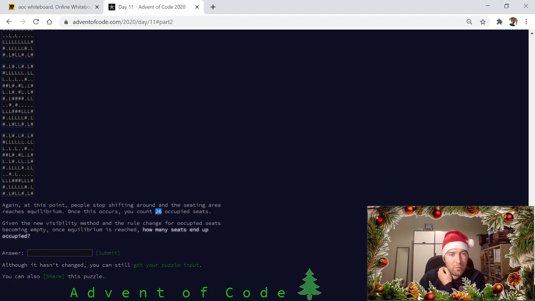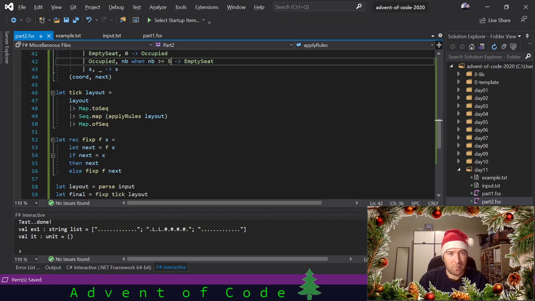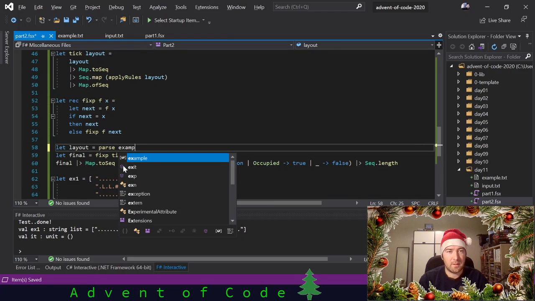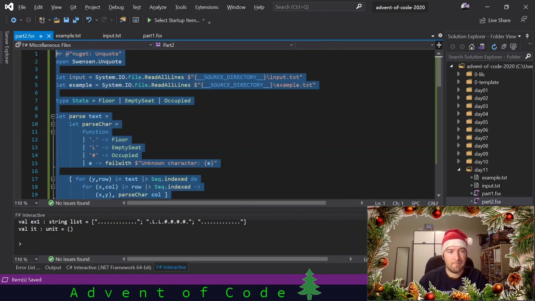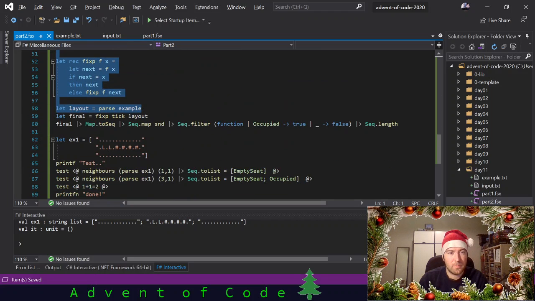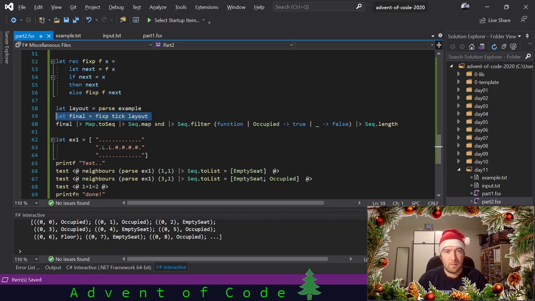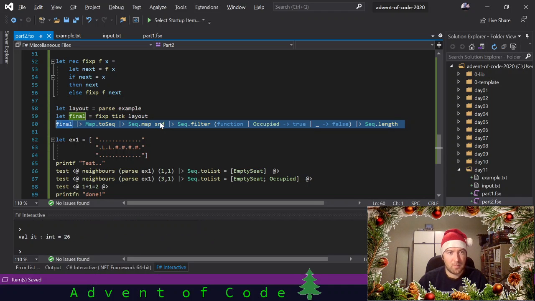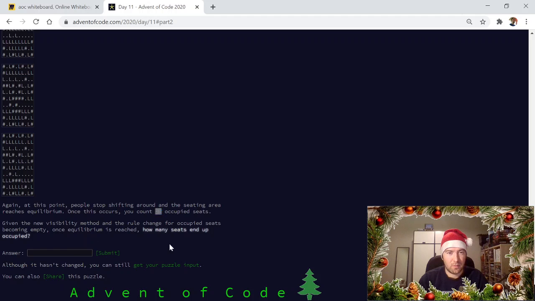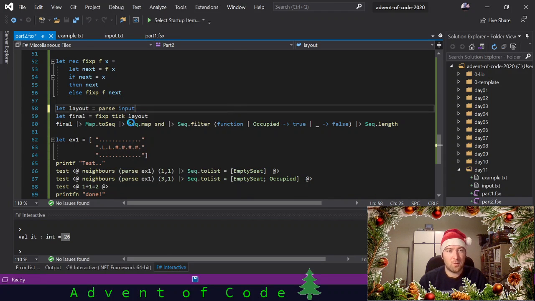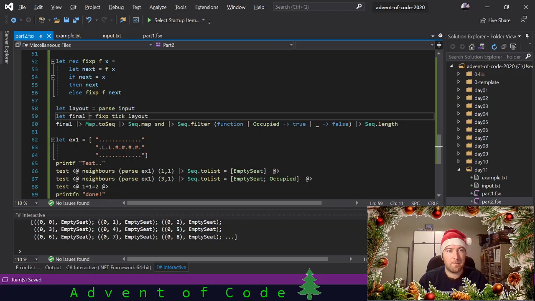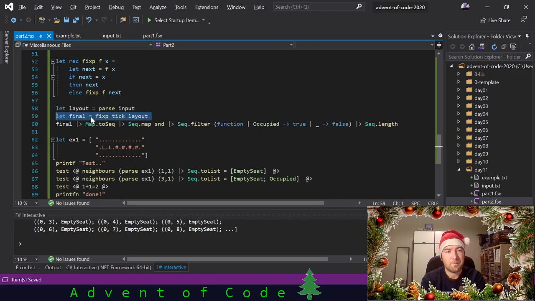Yes. This is the new algorithm, and we should end up with 26 occupied seats for the example. So let's parse the example again with the new rules. There we go. Fixed point was quick for the small example, and we end up with 26, which is correct. But now, let's do this for the real deal. How long are we willing to give it before we give up and try to optimize this? Let's say